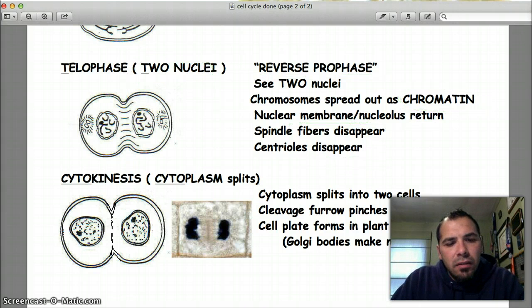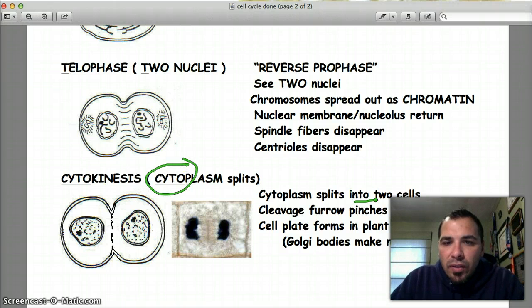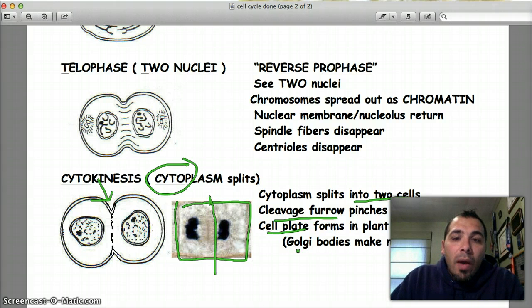Then our last is cytokinesis. The cytoplasm splits into two cells. If it's an animal cell, we call it a cleavage furrow, which is this right here. If it's a plant cell, it forms a cell plate, which is a nice perfect little square almost. Cell plate will form here. What will happen is the Golgi bodies are what make the new cell wall in plants. Cleavage furrow just pinches in, but as you can see, there's our nucleus. We've got